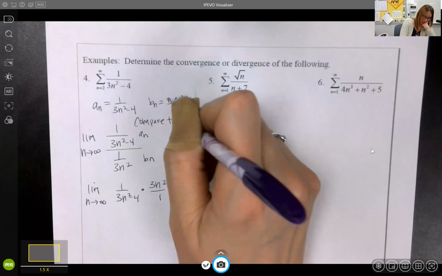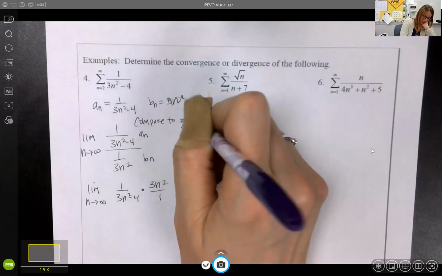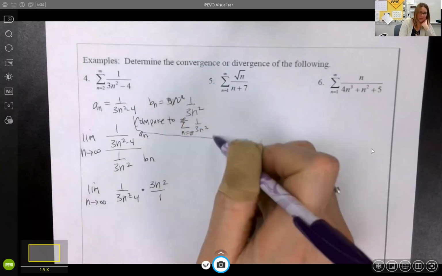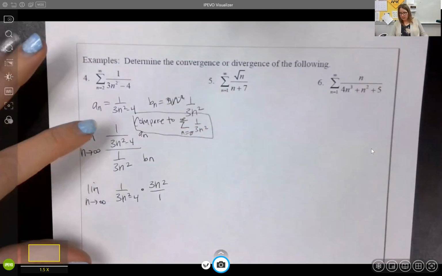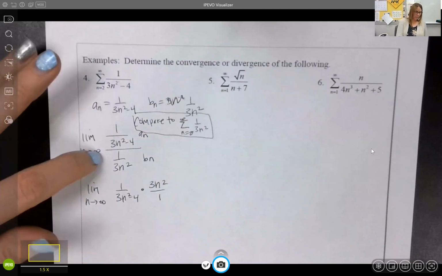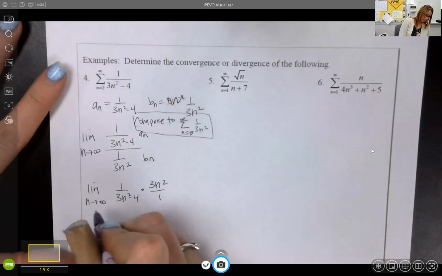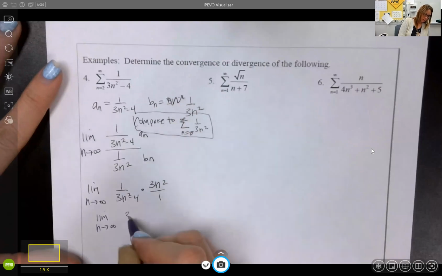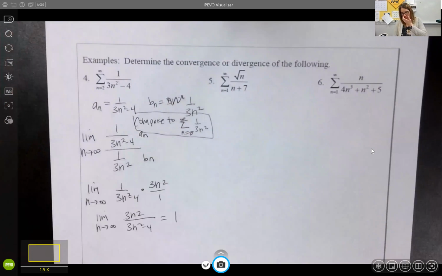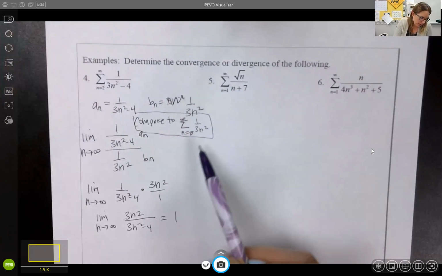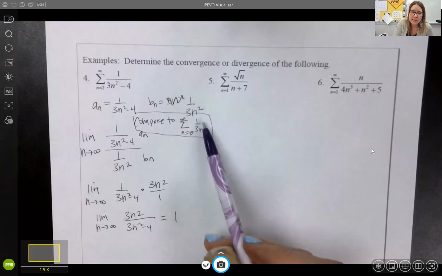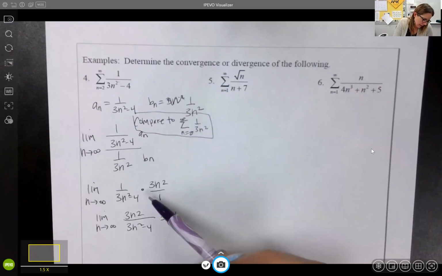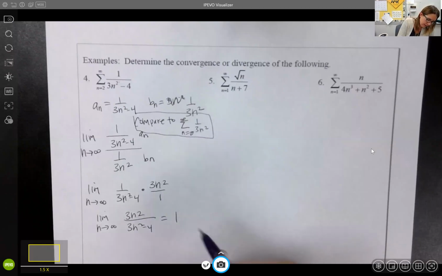We're comparing still, so these are comparison tests. So we're going to say we're comparing to this, an over bn, and I'm going to get the limit equals 1. I could have done, instead of comparing to 3n squared, I could have just compared to 1 over n squared, and I still would have had the n squareds are the same, and I would get 1/3. All that matters here is that this limit is finite